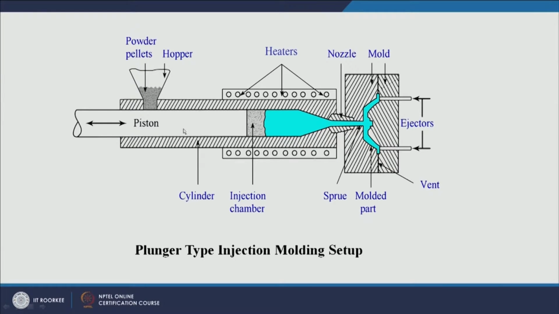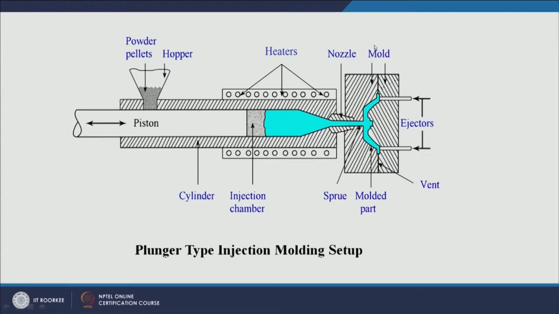On your screen you can see a plunger type of injection molding machine. This is a piston or a plunger. So our powder or the raw material is coming from this hopper. This is the hopper. In between there are plastic pellets, raw material. So the raw material enters into this cylinder, and then there is a heating arrangement here. You can see heaters are there. These heaters can be through the entire length of the cylinder. So because of the heat, the plastic will melt, and then this piston will push this molten plastic into the mold.